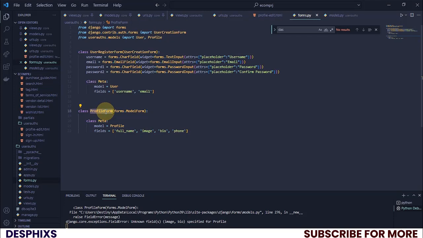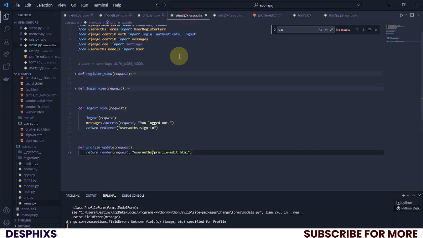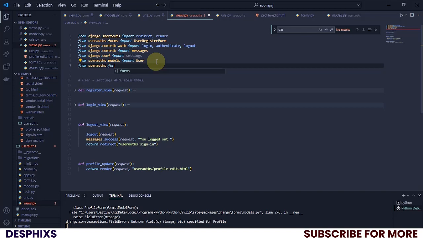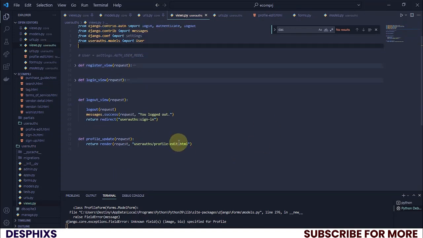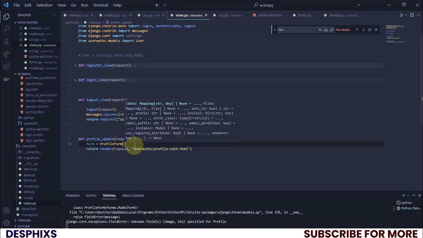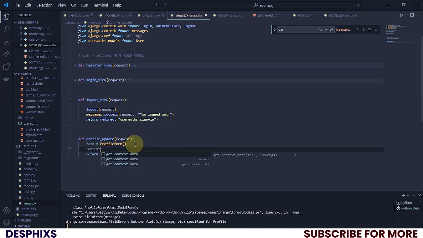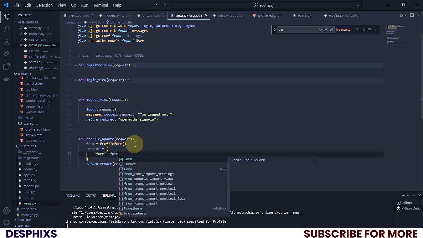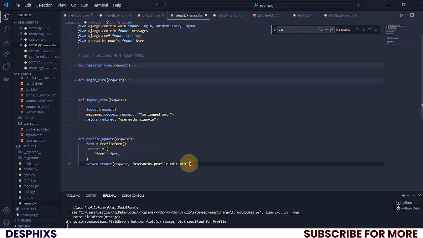Now let's grab this and import it in our views.py in user_auth. So over here, I'm going to say from user_auth.forms, I want to import. I think I already have user_auth.forms over here, so I could just append this, then get rid of this one. That's great. Now over here, let's render this form. I could say form should be equal to ProfileForm, and over here, let's say context should be equal to form,